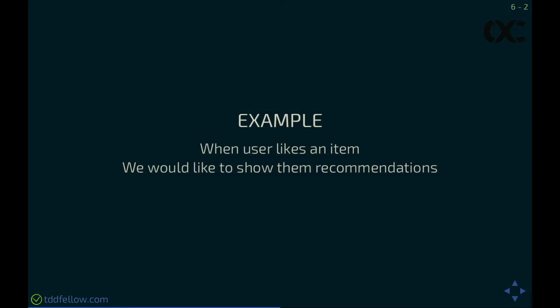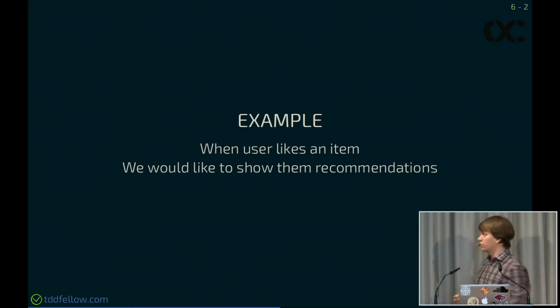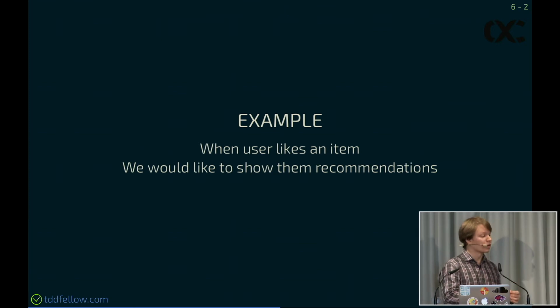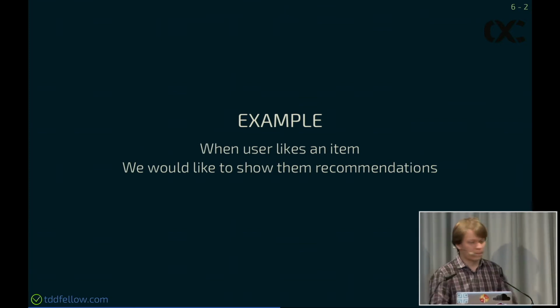Let's imagine we have an application where a user can like some items. It's just a list of items, they can like them and do something else with them. For example, they like them as their wish list, and then they buy them. And now a product manager, product owner, your CEO, or your domain expert, or a user asks you for a feature that when they like an item, they want to be presented with recommendations of what they also could like.